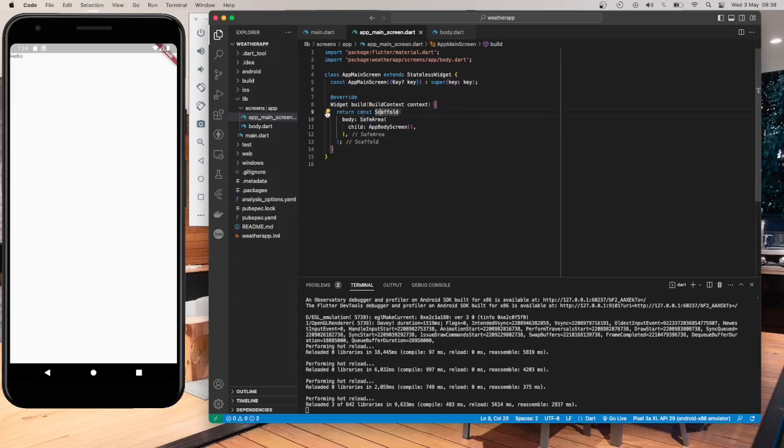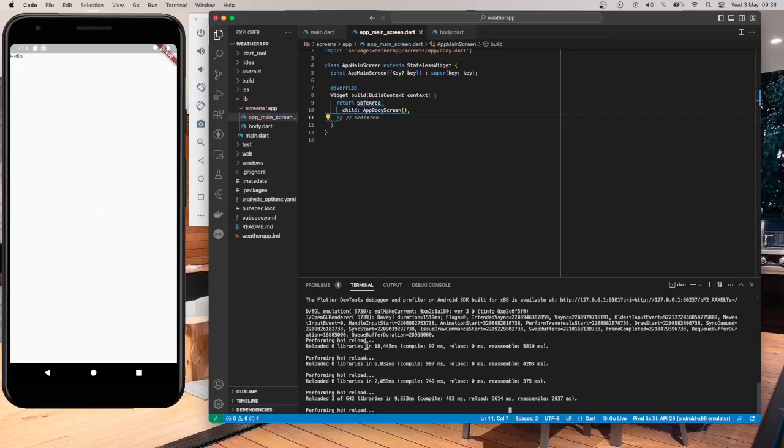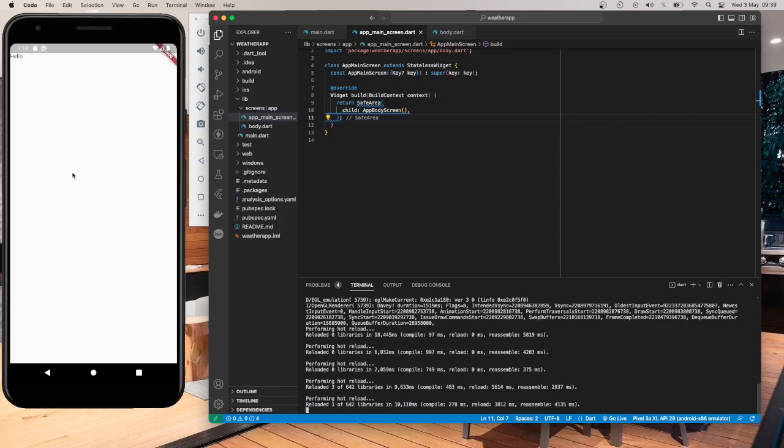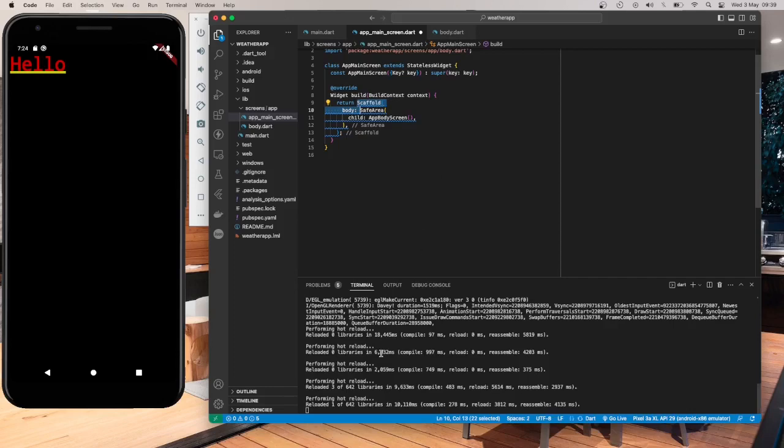For instance, if we remove this scaffold, it's very important to have this, but let's just remove it. You don't have to, but let me just do it so that you see what happens. If we do that, you see everything will become black, and that's not what we want. This is just for demonstration purposes. It's not something you should do. But in the event that you do forget to put in a scaffold, this is the error you get. So anytime you run into this, just remember you possibly have missed out your scaffold. So I would undo what I've done, save it,